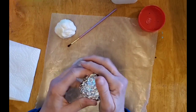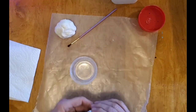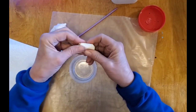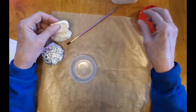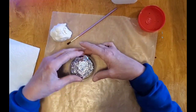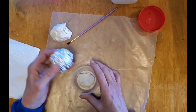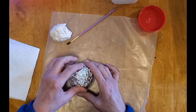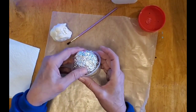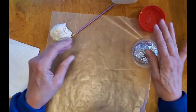So that it kind of looks like a ball. Okay? So what you will want to do is take a little pinch of your clay. I believe your cup is going to be a little bit deeper than mine, so you might want to put some clay there to get the ball up on it. You could wad some more aluminum foil down there, but you want this scoop to be up above the rim of your cup. Okay, so I'm squeezing it down so that it will stay